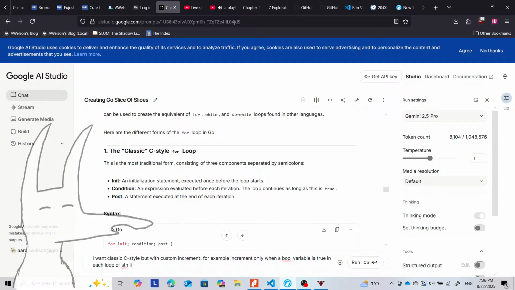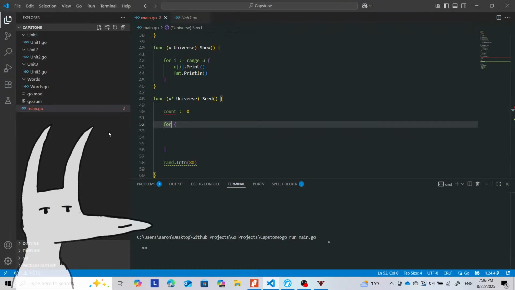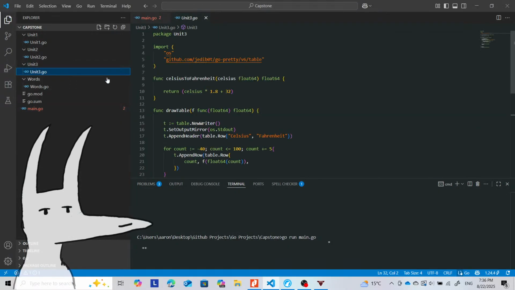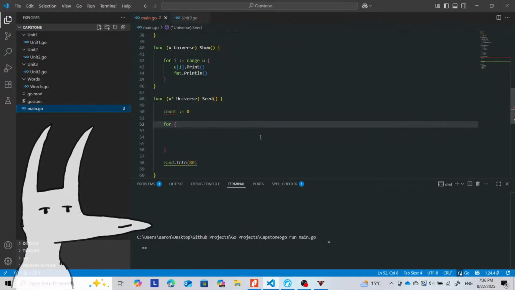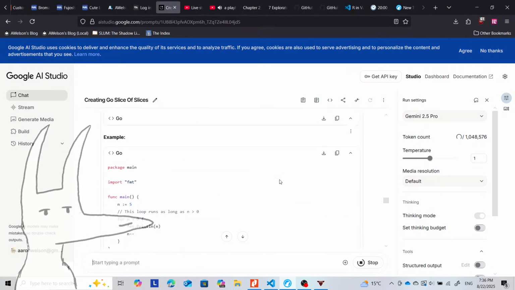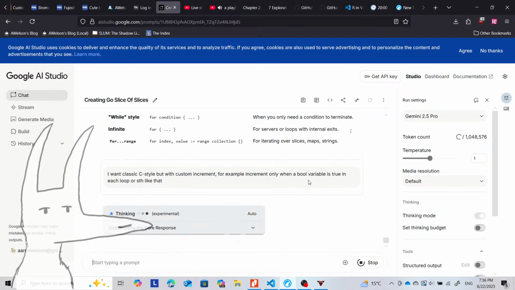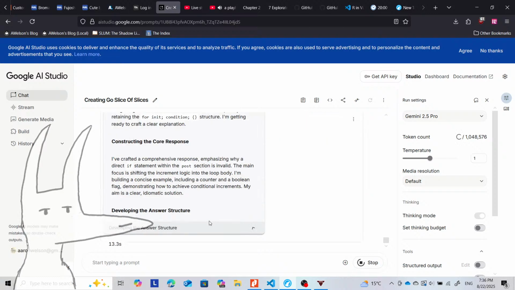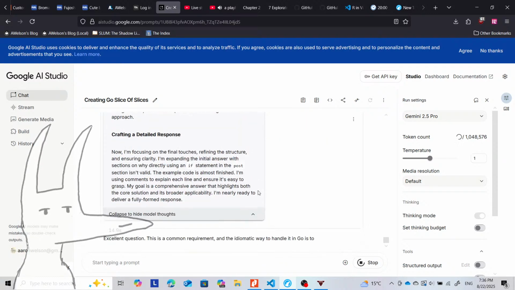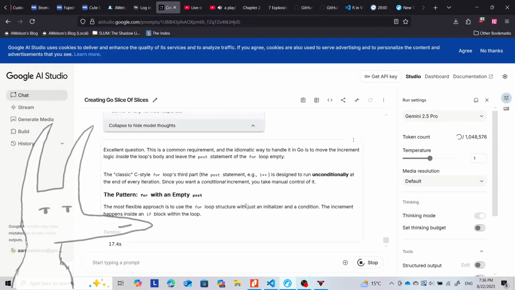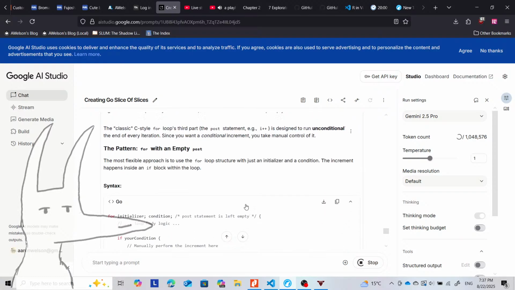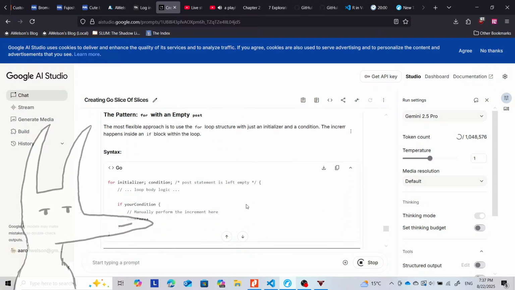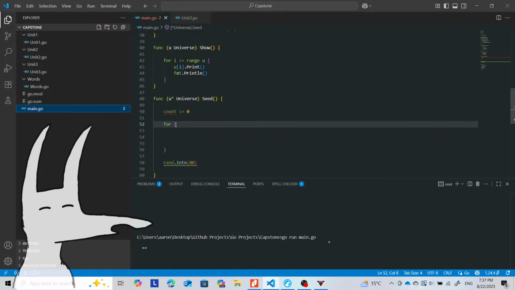Loop, something like that. Or we can just leave it empty. Okay, so we can do